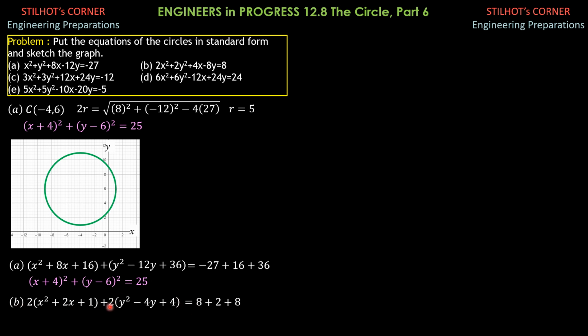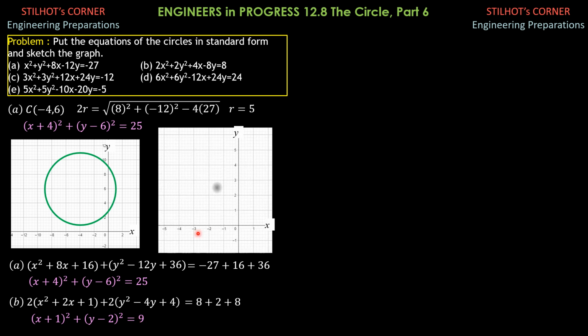So we divide everything by 2 so that this becomes 1, and complete the square in x. So we have to factor this trinomial, perfect square trinomials. So we have (x plus 1) squared plus (y minus 2) squared equals, this is 9. 8 plus 2, 10 plus 8, 18 divided by 2, 9, or 3 squared. So (x plus 1) squared plus (y minus 2) squared equals 9. So the center is at negative 1 comma positive 2 and the radius is 3 because 9 is 3 squared.